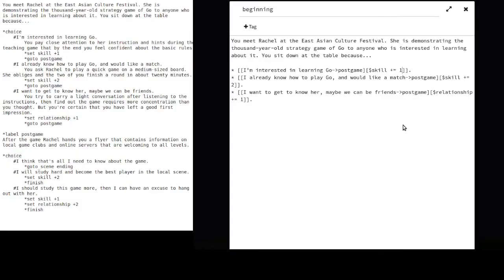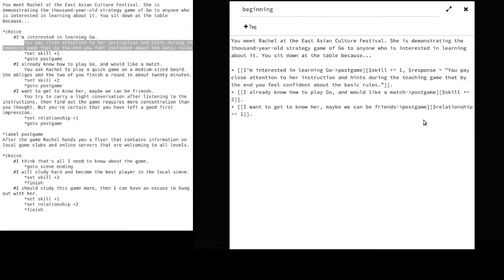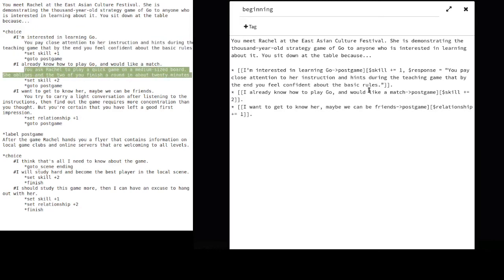One thing I haven't moved over after changing the method of passage flow is the short flavor text that accompanies each choice. So compared to writing the text directly in the passage, I will put the text inside a variable, then display that variable. I can add this change next to the changes done to the skill or relationship variable.